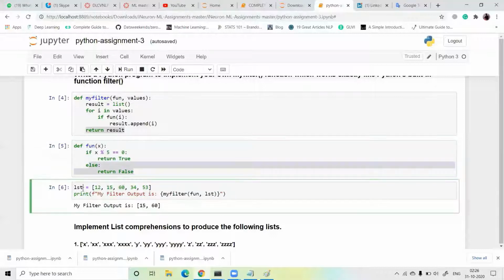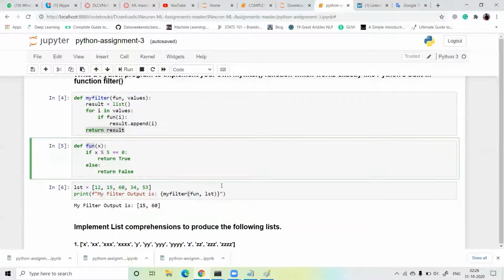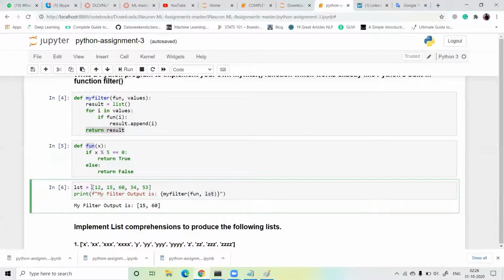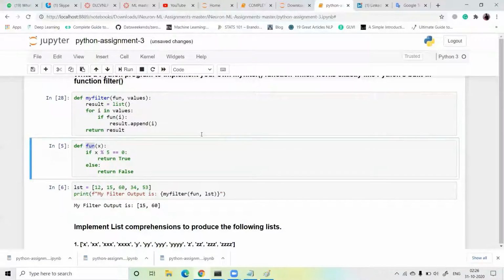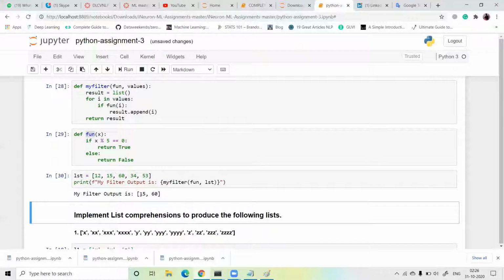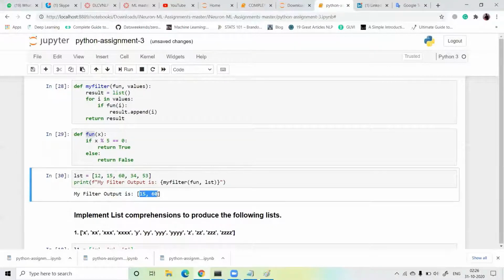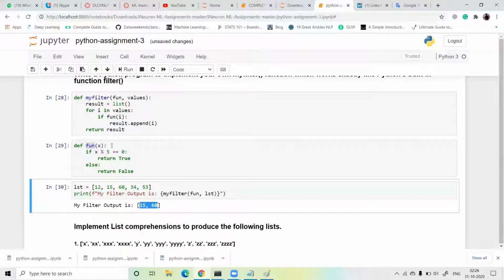Then I take some integer values in a list and print my filter output with this function and this list of integer values. I run this cell again, and our output is 15 and 60, because only 15 and 60 are divisible by 5.